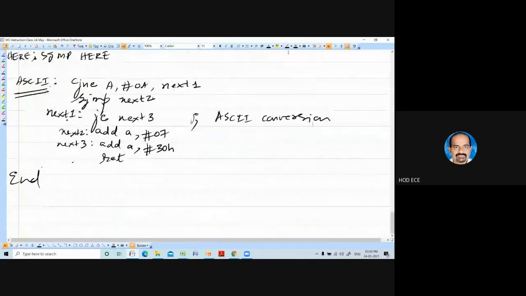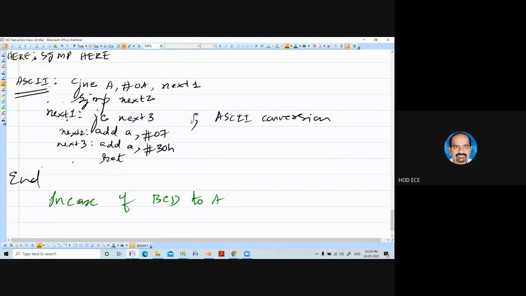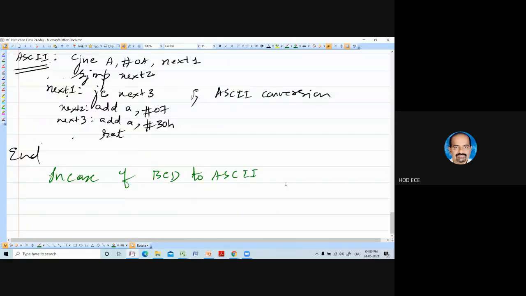So in case of BCD to ASCII, directly add 30, that's all. In case of BCD to ASCII, move data to A, add A with #30, that's all.